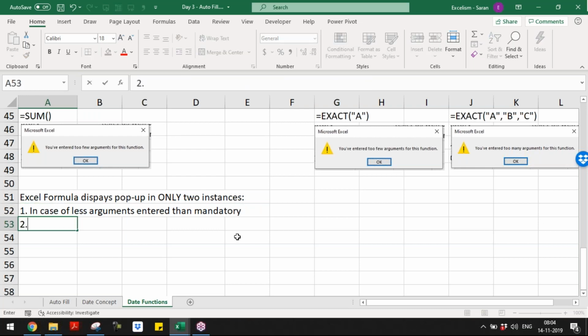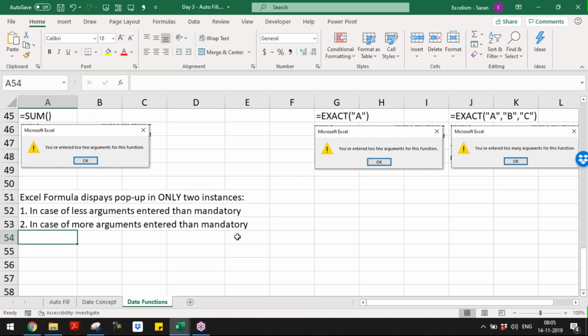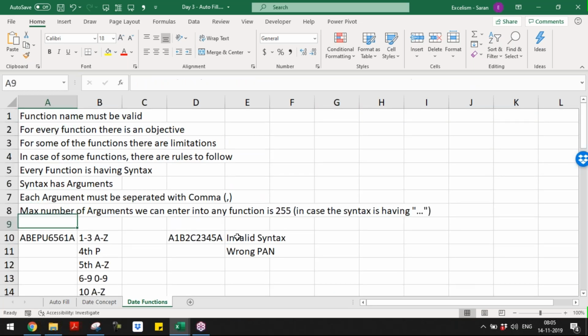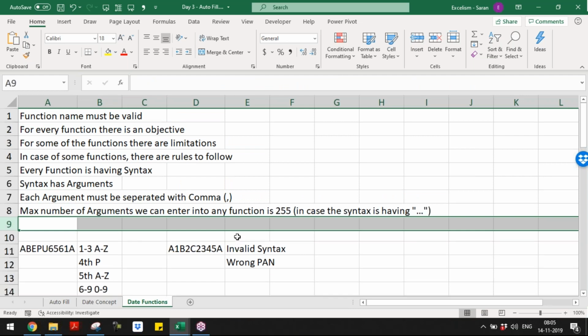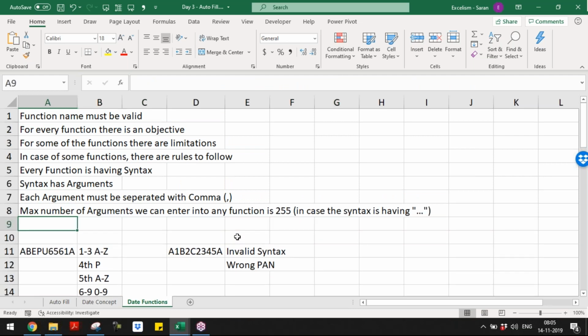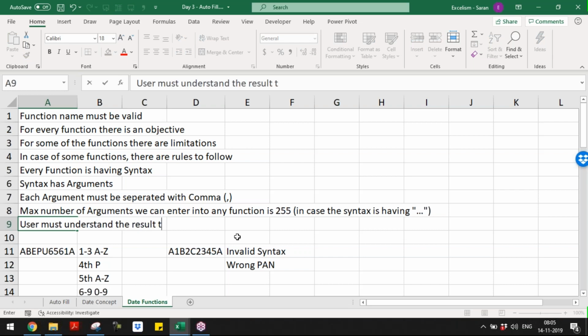Okay. Or else in case of more arguments entered than mandatory. That's the case where we get the error pop-ups, right? In other cases, I'll tell you whenever the pop-up comes. This is the way we should understand. And also, one more thing we should know, every function calculates, right? User must understand the result type